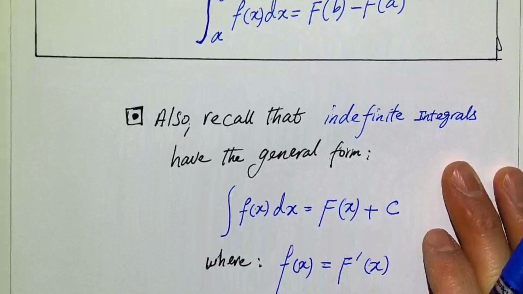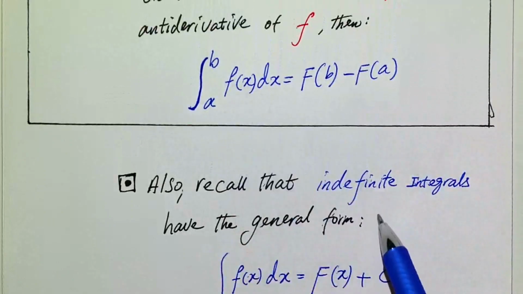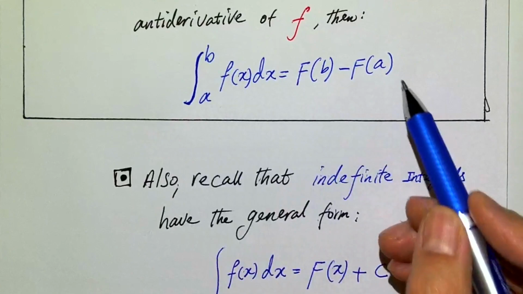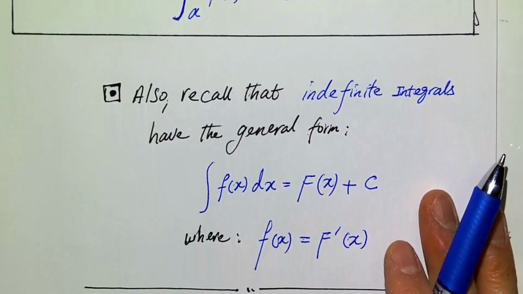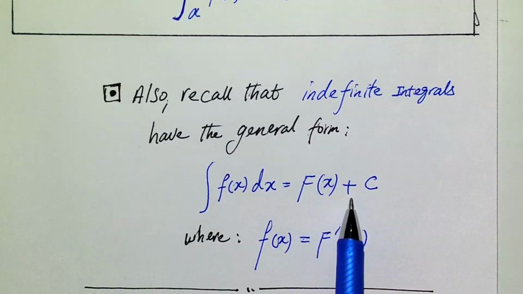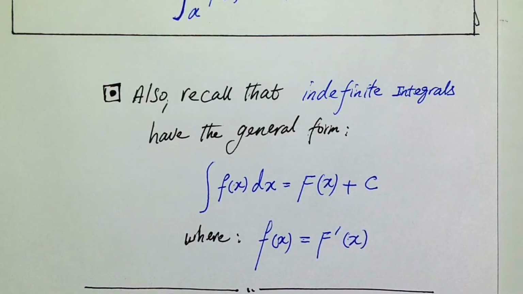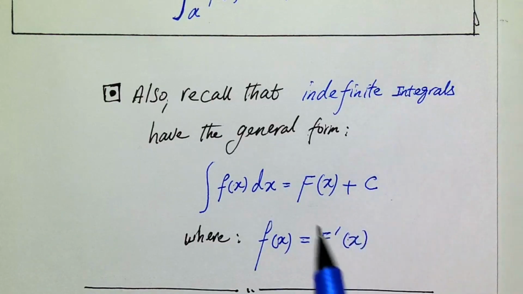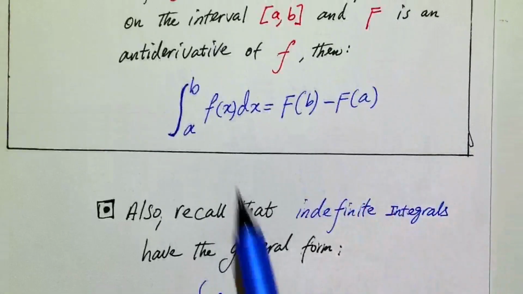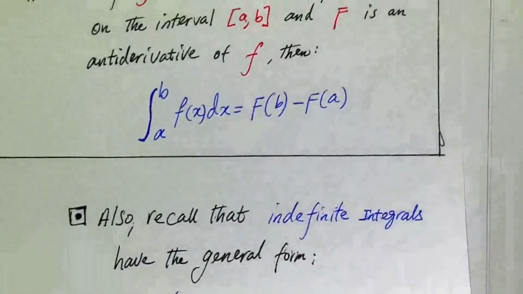Now, just a quick recall that the main difference between definite and indefinite integrals is that definite integrals lead to a single number, but indefinite integrals lead to a family of functions that are distinguished from each other by a single constant, because we have infinitely many constants possible for the antiderivative. Therefore, we say that this is a family of functions. So indefinite integrals lead to a family of functions. Definite integrals lead to a single number. Okay, having had that in mind,